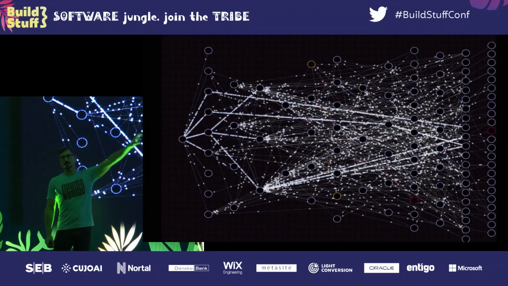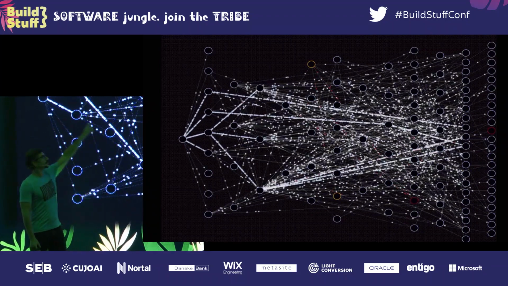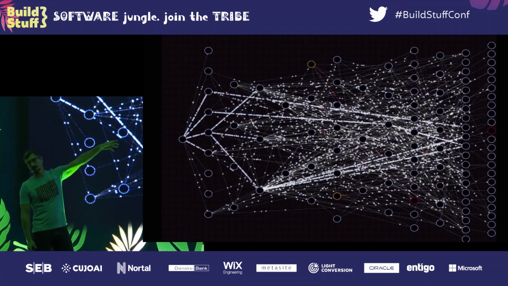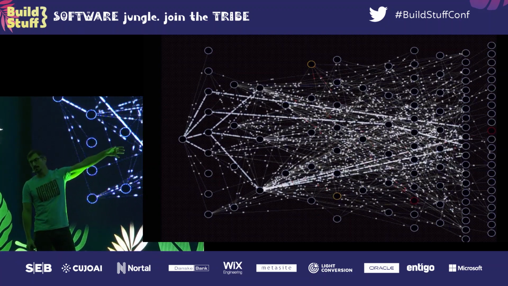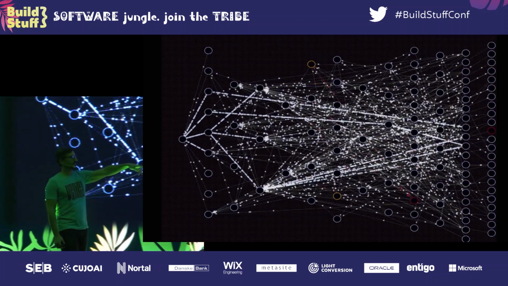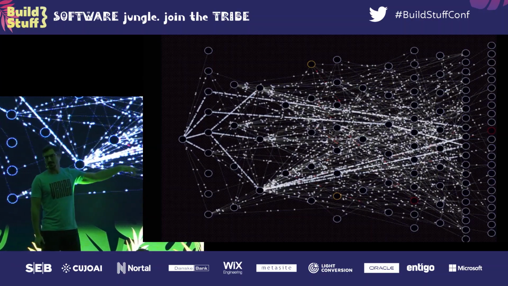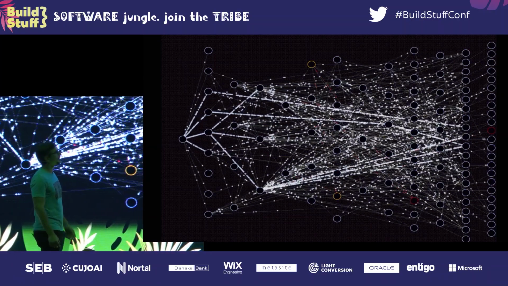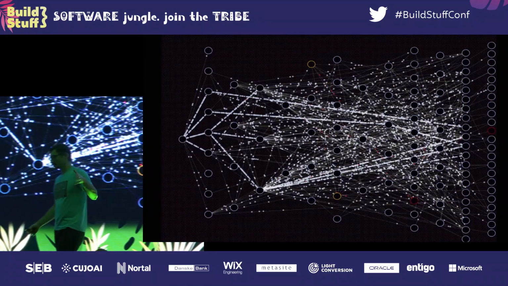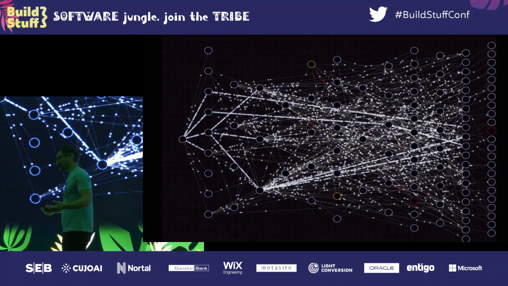The open circles are microservices. So this is traffic coming in from the internet, fanning out through the microservice architecture. The moving dots represent request responses. Blue means they're okay. Every once in a while you'll see a red one. That's like a 500. And so what I want you to get out of this image is the impression that